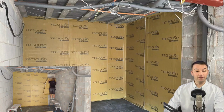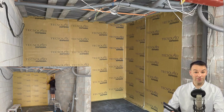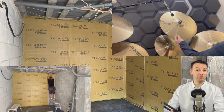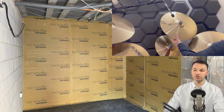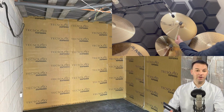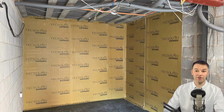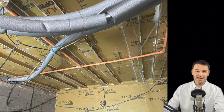The first bit of sound insulation we're going to install is we're going to sound deaden the walls. Because we're dealing with acoustic drums, when the noise from the drums reaches a certain volume, a certain decibel we should say, it enters the structure of the building and those walls begin to resonate like a ringing drum cymbal. And how do you sound deaden a ringing drum cymbal? You put your hand on it,